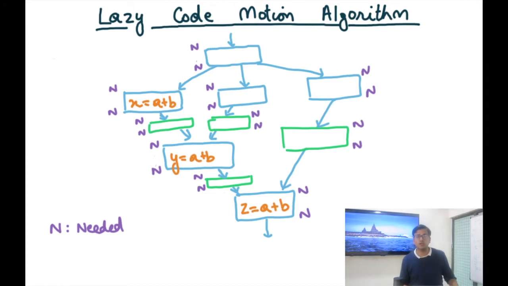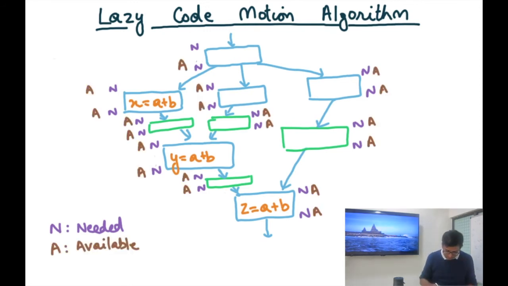Now let's see what the available expressions analysis is going to give us. Available expressions is basically whether an expression is available, with the twist that if an expression is needed somewhere, then we also assume that it has been computed. So if I do the available expressions, I'm going to find that the expression is available at all program points except the first one. Because it is needed here, at this particular program point it is not available. But because it was needed here, I'm assuming that it would have been computed here, and so just after that, it is available.